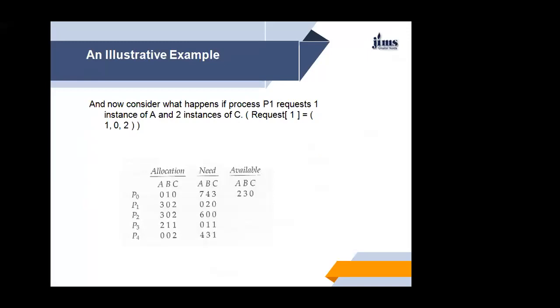You should be able to see, however, that when the system is in this safe state, a request for 3, 3, 0 by P4 cannot be granted since the resources are not available. So we can check different requests, and based on the availability we can check. A request of 0, 2, 0 by P0 cannot be granted even though the resources are available, since the resulting state is an unsafe state. See, the resources are available but the state is an unsafe state. In that case also you cannot grant the resources. Okay.